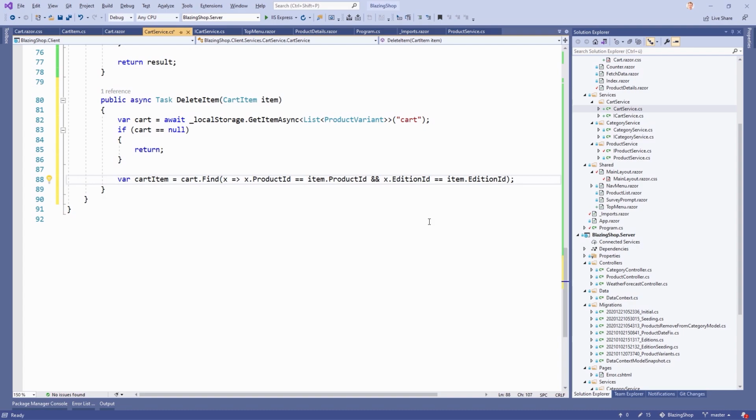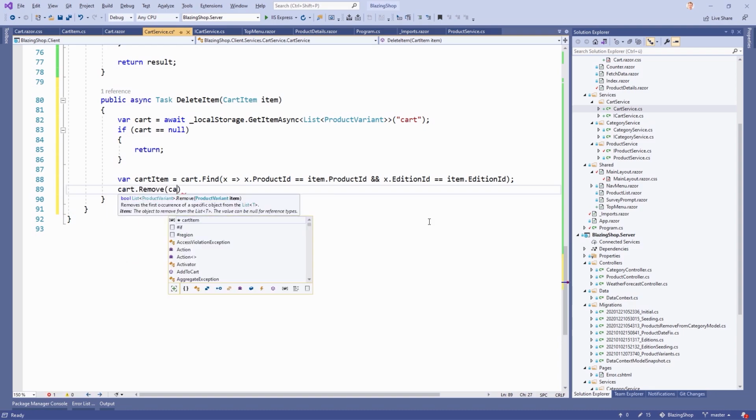You know this from the last episode. This combination is the composite primary key in this case. And I know that we can actually add more items to the cart that have the exactly same IDs, but that doesn't really matter. It's the same item. So when we delete it, any one of these is deleted. So this doesn't really matter. So now we remove this certain cart item from our list,